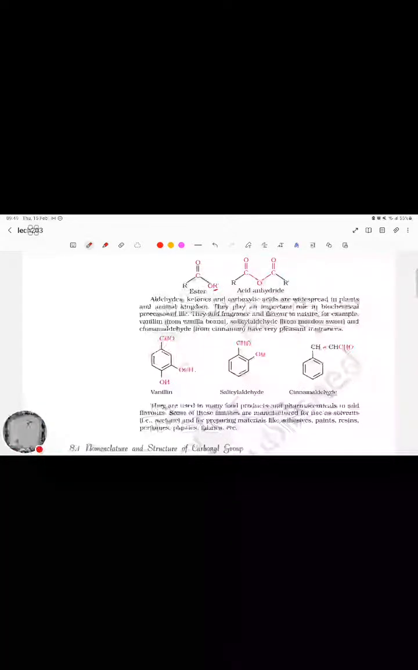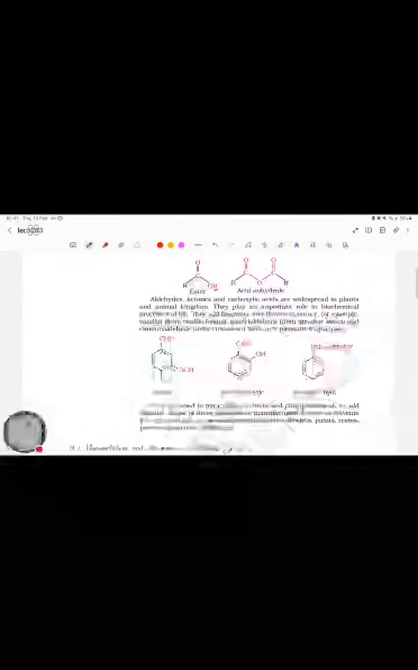Aldehydes, ketones, and carboxylic acids are widespread in the plant and animal kingdoms. They add fragrance and flavor to nature. For so, in the aldehydes, ketones,